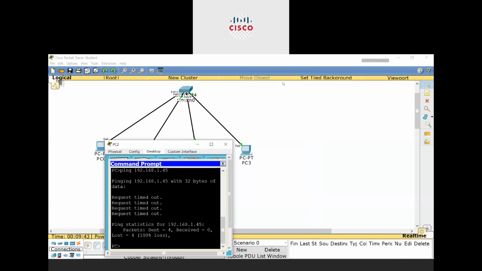We will calculate the range of IP addresses first, and then we can write the range. So I want all of you to do a practical and give me the answer for 192.168.1.0 slash 28. This is a network and I want to see the range.